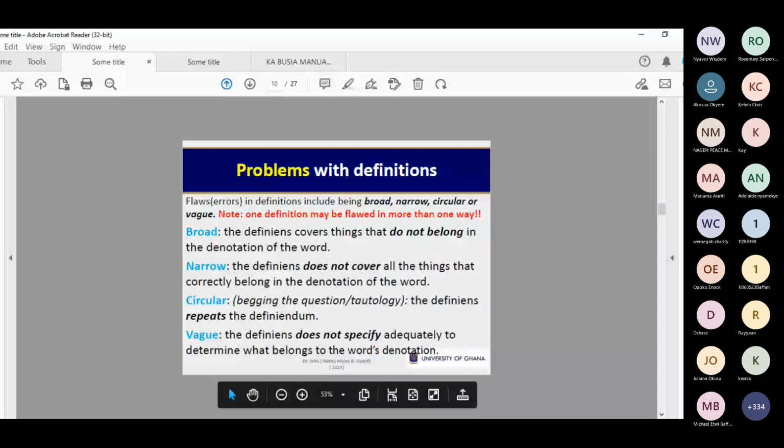I've given you a clue. It is when you often try to speak vaguely. When you try to speak figuratively, idiomatically, proverbially, metaphorically, all those indirect uses of language in defining, then you are likely going to commit what? A big